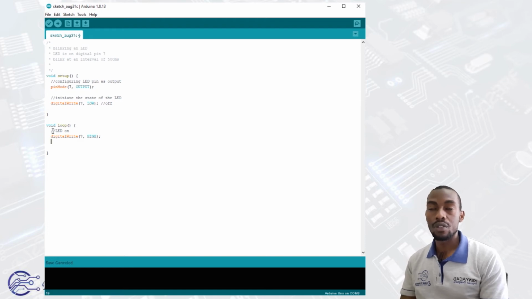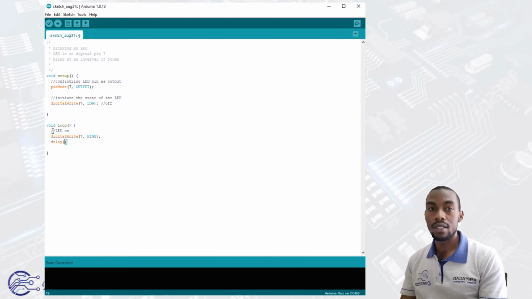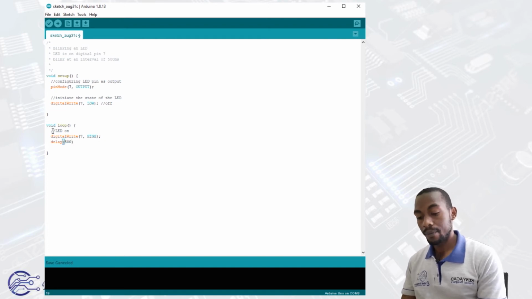To delay in Arduino is just to make the program stop a little bit so that you can see the output. We have a function in Arduino called delay, and in the brackets you write how long you want the program to stop, in milliseconds. So if we want it to stop for 500 milliseconds, you write 500,